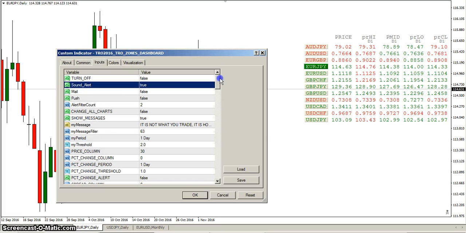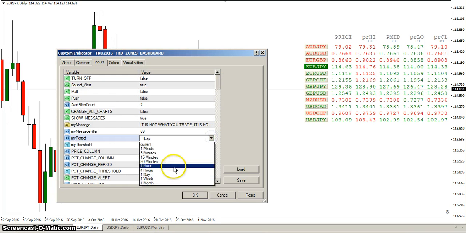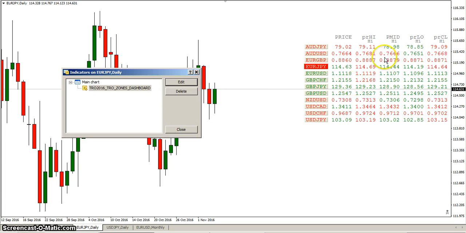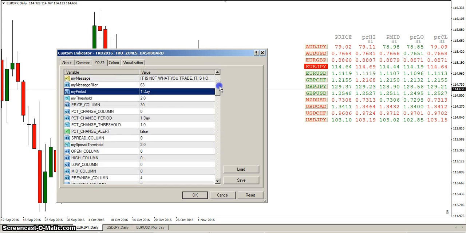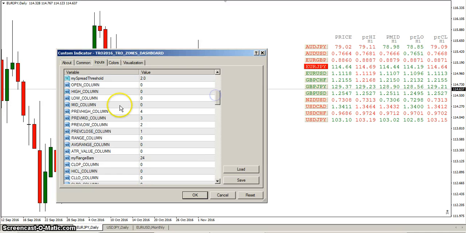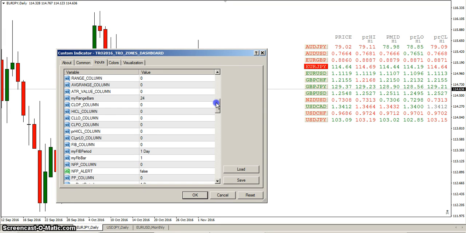Now, let's say we want to look at the previous hour. You can see here, you're looking at the previous hour as opposed to the previous day. Put this back because usually most of these things make sense using it on the day. So I think, once again, we might have had previous close or previous mid. I'm not sure, but now you've got the previous. Don't have previous open. I could have it, but I didn't really see the point. But if somebody says, hey, we want previous open. Okay, now